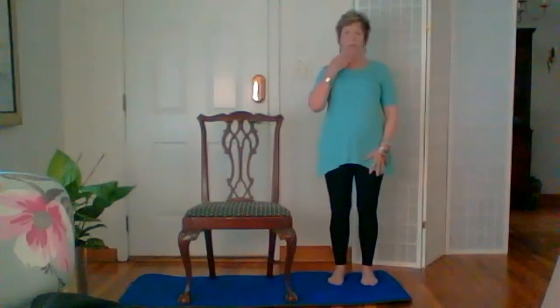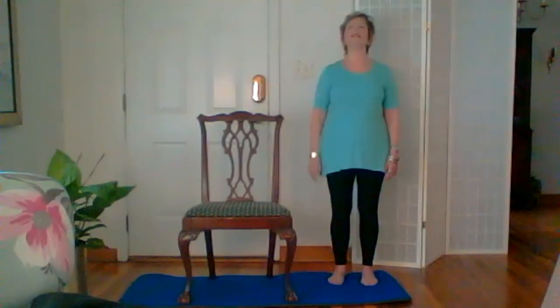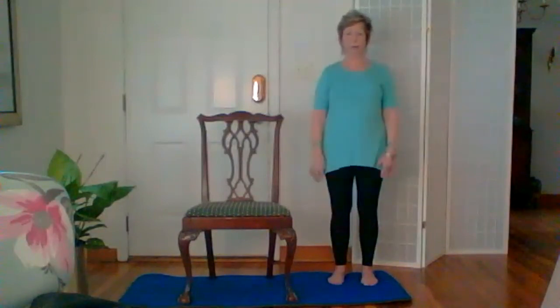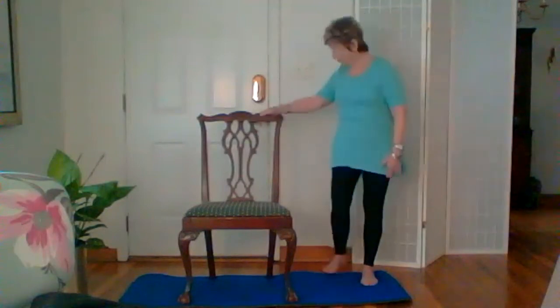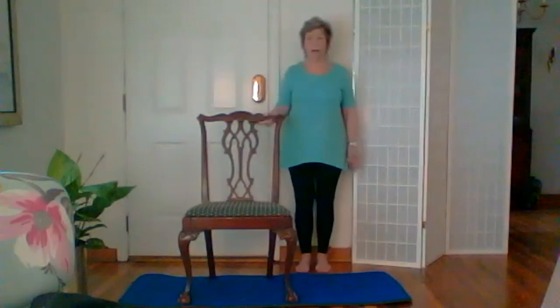Tucking your chin in, pulling it back in our head ramp. That's one of our exercises. And it's not lifting it up or dropping it down, it's straight back along that plane, even and parallel with the floor. Now, a good way to practice that, and you might try this if you've got a wall nearby,